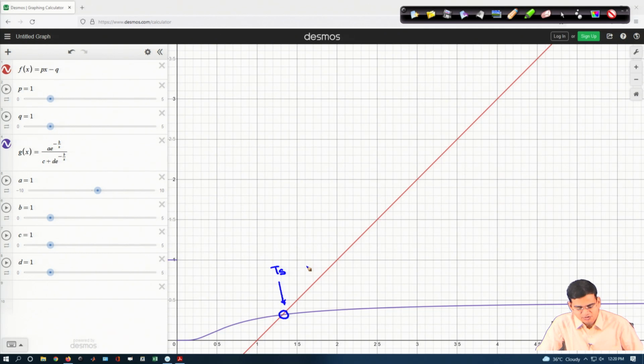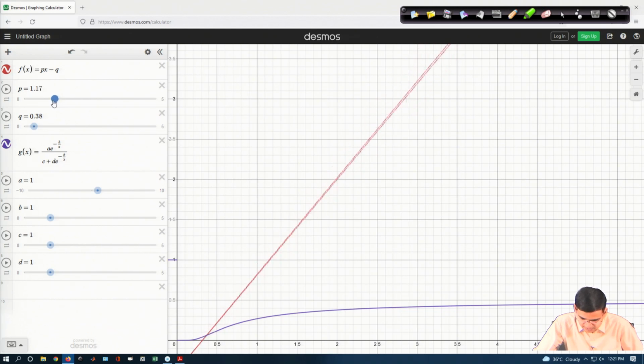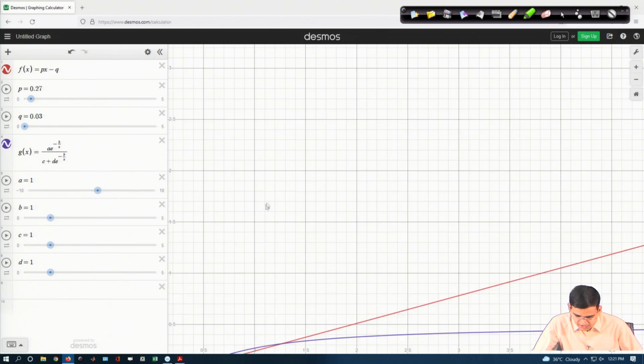But let me now do a small arrangement with the parameters of the system, okay. And let me then see if I see something very different and in fact something very interesting. So, let me try to change the parameters, and what I will do is I will change the value of P and Q. Let us see what I have done. So, I will zoom in further,